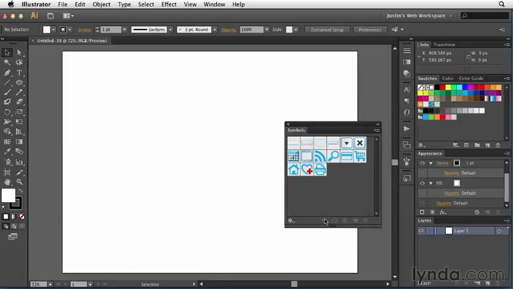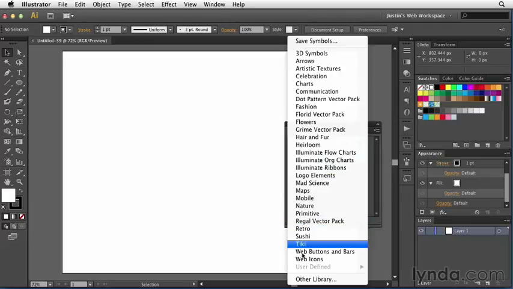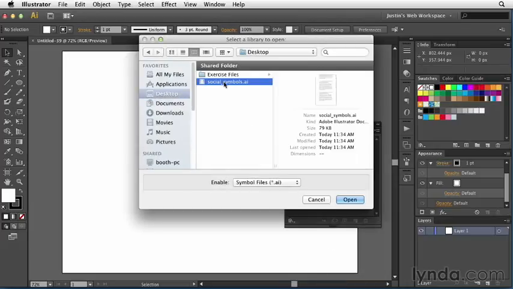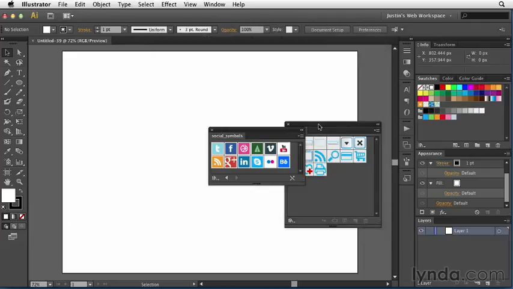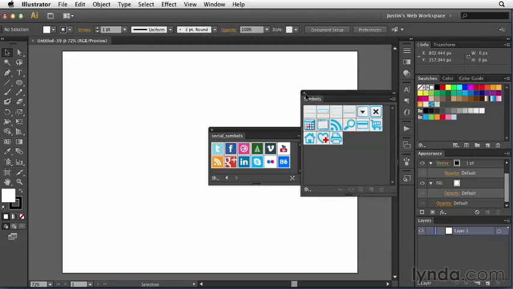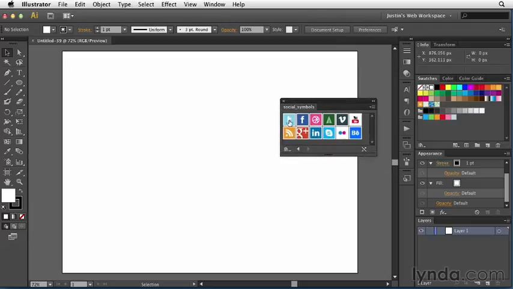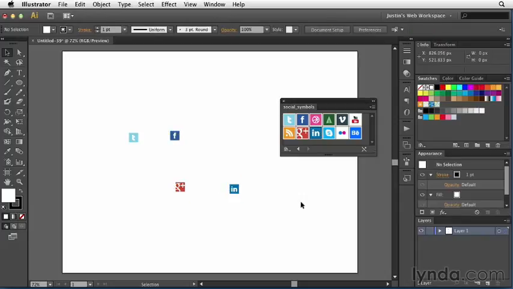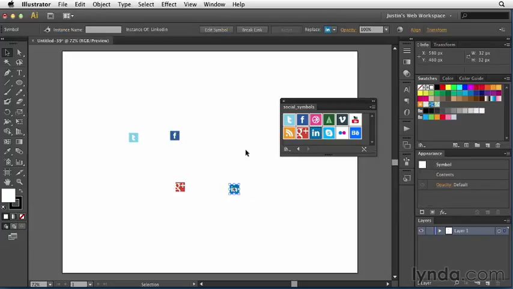Doesn't matter what size. And when I do that, you're going to notice the default symbols come back in. Those aren't the social symbols that I was just working on. So I need to go down here to the little library icon. I need to go to Other Library, go out to my desktop, and select Social Symbols, and hit Open. Once I hit Open, those will appear. Close the Symbols library. And now if I need Twitter, drag it out. Facebook, drag it out. Google+, LinkedIn, any one that I want, I can drag it out from the Symbols library